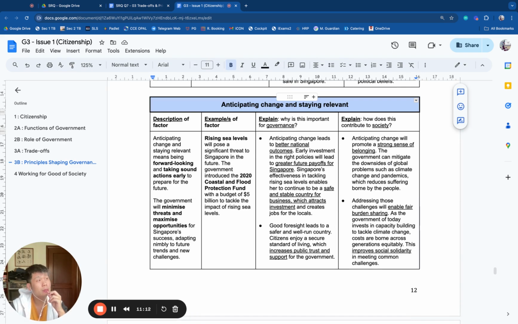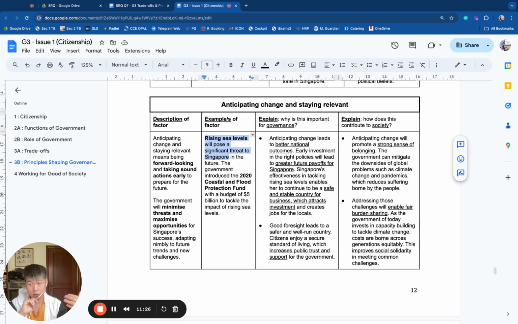And this principle is about knowing or guessing or forecasting what is the next challenge for Singapore and being prepared. And one challenge that the government identified for Singapore as an island country is the challenge of rising sea levels because of global warming and the melting of polar ice caps, right? Broadly speaking, the volume of water in the Earth's oceans is going to rise, and that means that this might cause a threat to our coast, East Coast, West Coast, so on, right? With the rising tides, this could be dangerous. It could overflood certain areas.